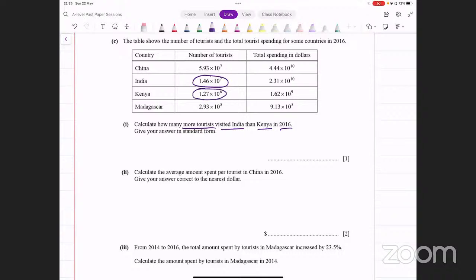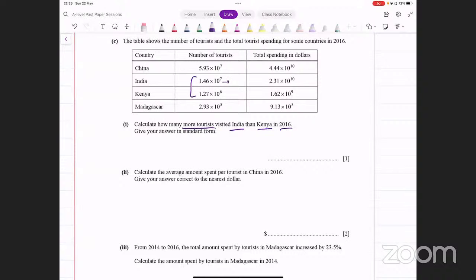Now you can do it by converting this standard form. आप बेसिकली छोटे पावर में कन्वर्ट करते हैं। आप सेम पावर आपने करनी होती है, दोनों नंबर्स की आपने सेम पावर करनी है, ये 10 की पावर सेम करनी है। आप दोनों को 10 पावर 7 में कर सकते हैं या 10 पावर 6 में कर सकते हैं, but an easier way to do this है जो छोटी पावर है उसमें कन्वर्ट कर दो, राइट।